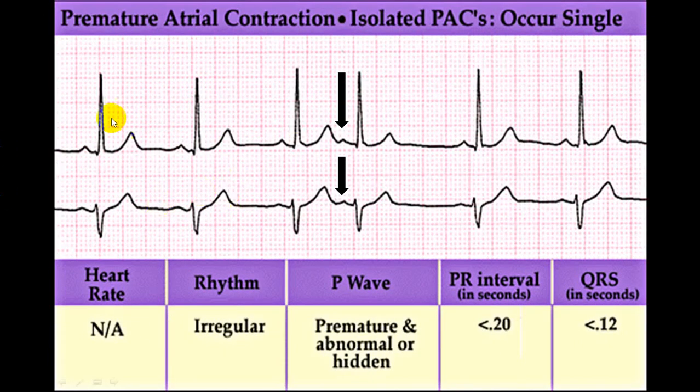Now here you can see this is RR interval, this is RR interval. This has come a little early and this QRS complex is identical to the previous. But if you look at the P wave, it is different. So this is an atrial beat, but it has come early. So it is premature atrial contraction giving rise to a P wave followed by a QRS complex and there is a pause. This is called non-compensatory pause or incomplete pause. This is classical of premature atrial contraction. We have discussed before and we'll be discussing in extrasystoles.